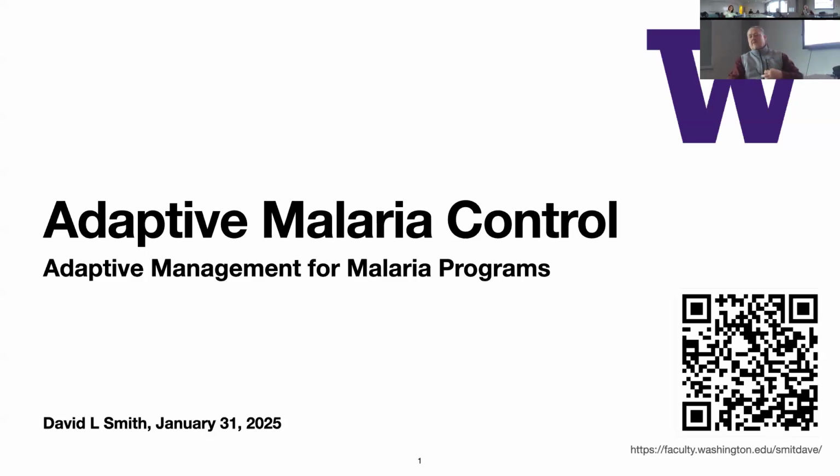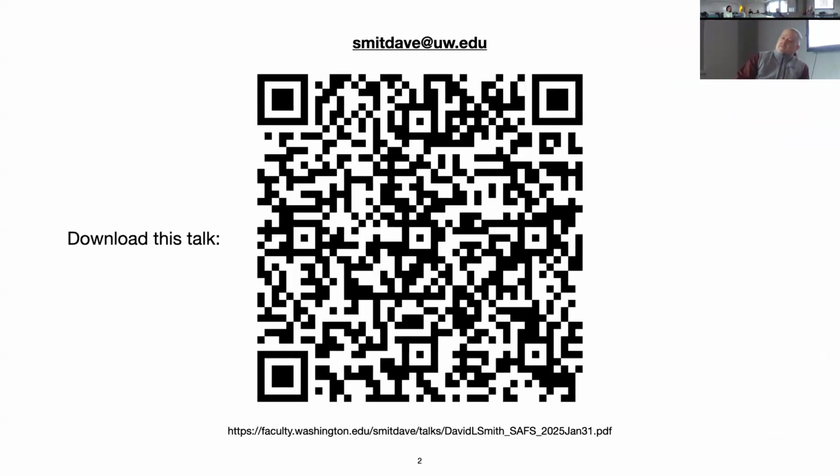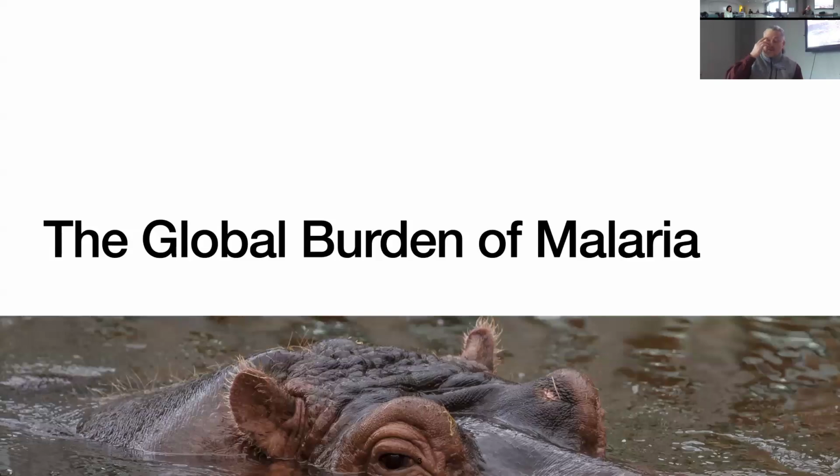I just want to say that malaria involves a lot of questions involving medical issues in human populations and human malaria epidemiology, as well as mosquito ecology and transmission. I'm going to stay focused largely on the mosquito side because I think it's going to be more interesting to y'all, and because you are in a school of aquatic sciences, and this is a freshwater aquatic species. So here is the QR code for the talk if you want to download it, and I will show this again at the end.